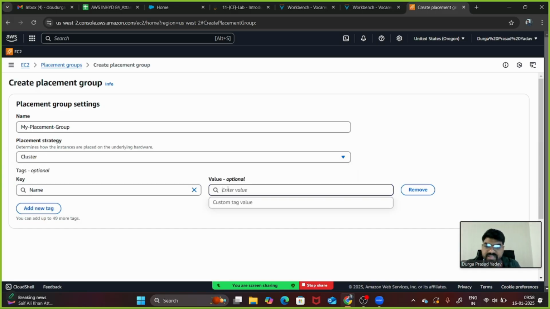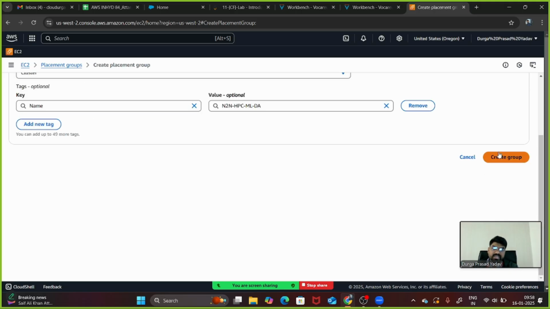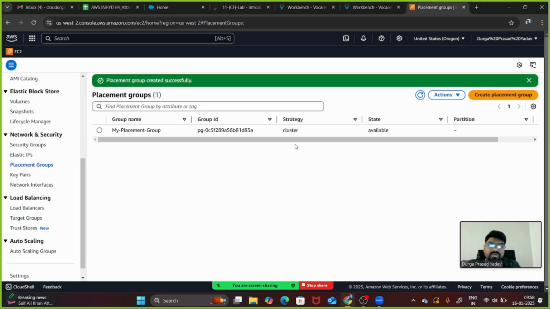Because we want the communication to be very fast, node to node communication, end to end communication, and it is used for HPC, high performance computing. If you are using it for machine learning or data analytics, that is the purpose of using this cluster placement group.